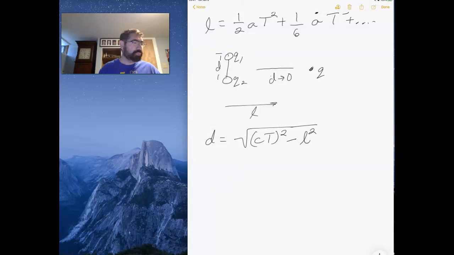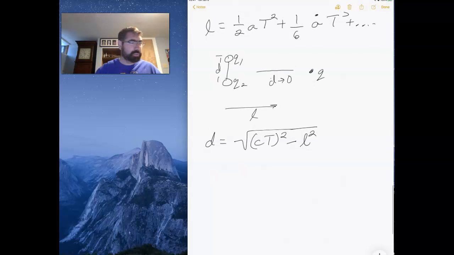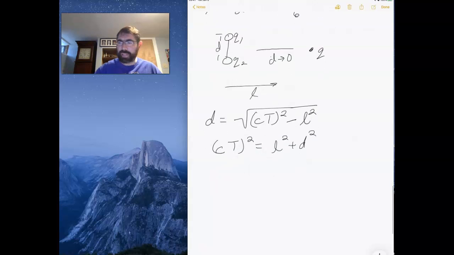If we put this in, we essentially have that ct squared is equal to L squared plus d squared. Again, refer to the previous lecture about what these variables are. So when I do that, I now have d